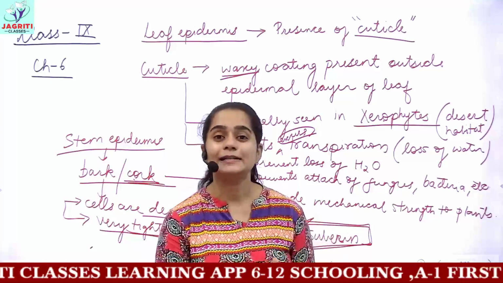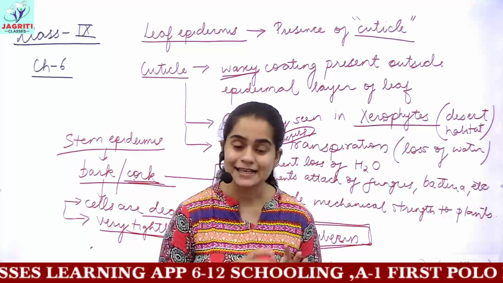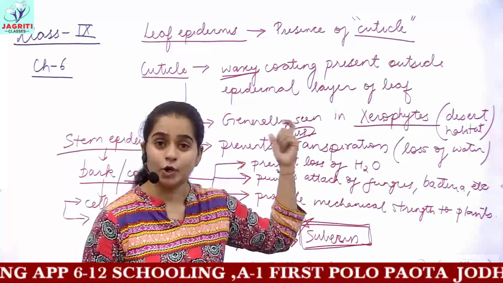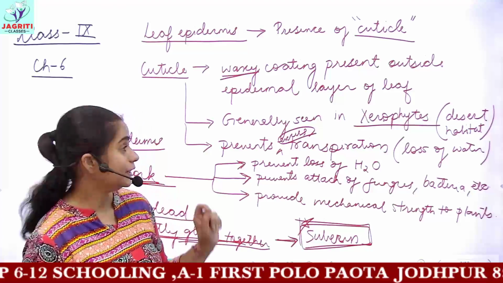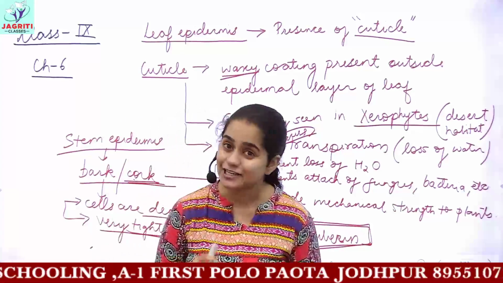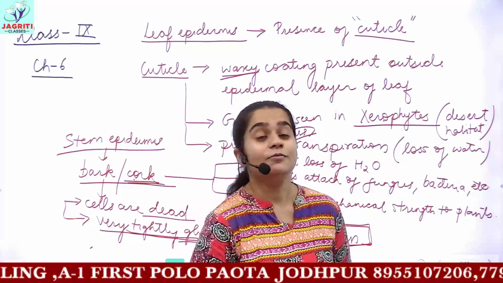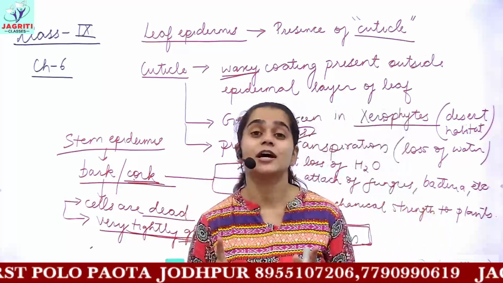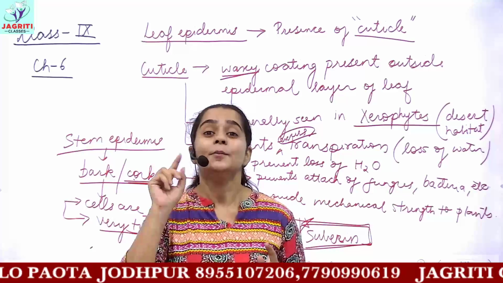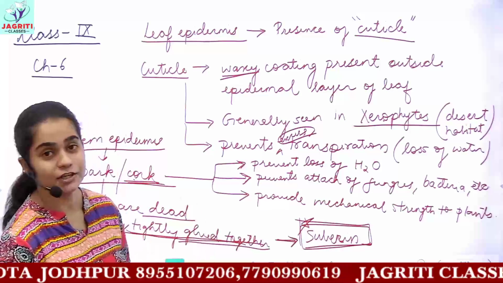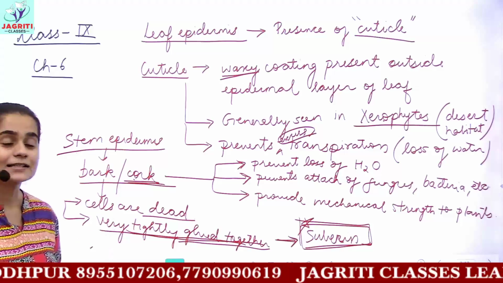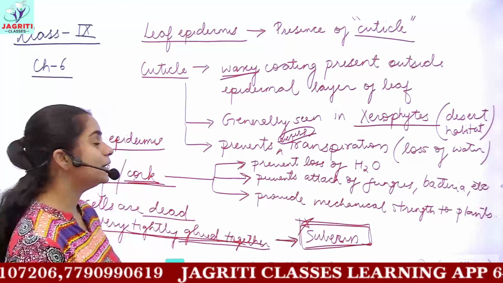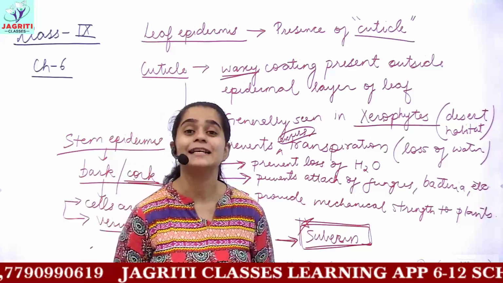Except xylem parenchyma, all the others were dead cells. Tracheids and vessels helped xylem to transport water, and the transport of water through xylem is always unidirectional. This is a very important point. Whereas phloem is responsible for the transport of food, and this transport done by phloem is bidirectional or multidirectional. We discussed all this in our last class also, and this completes plant tissues. Now we are starting the other half of the chapter, that is animal tissues.